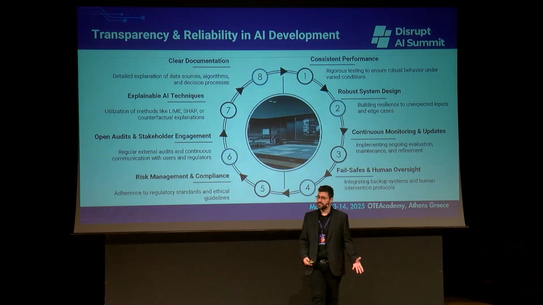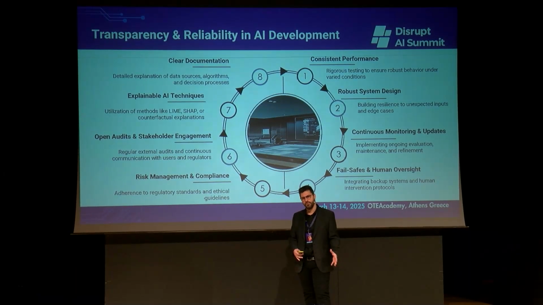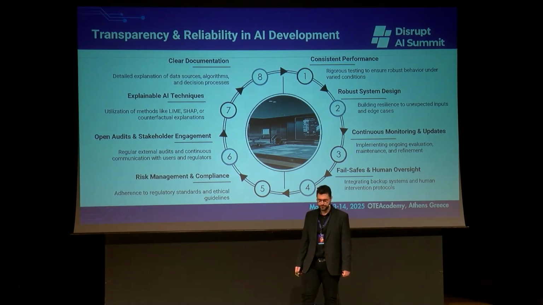There is robust system design, so it's a different way of designing applications than 5 years ago, or let's say a few years ago, from what is now available for developers to follow. There are different techniques, either automated or considering user feedback, or others that we can discuss later in the presentation, on how we can design a system in a way that is less exposed to ethical incidents.